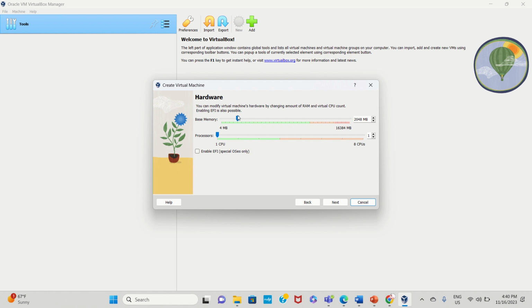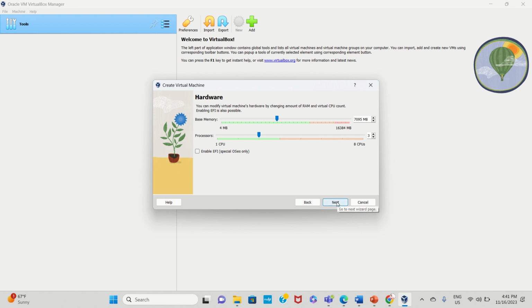And here is where you have to make sure you give enough hardware to this virtual machine to work efficiently, right? I have around 16384 MB, and let me make it around 7,000 or something, so somewhere around 7,000 would be fine. And I have 8 CPUs, 8 cores, so let me make it 3. Based on your system configuration, you can choose this, and make sure that if you choose less base memory or fewer processors, this may not work as expected,